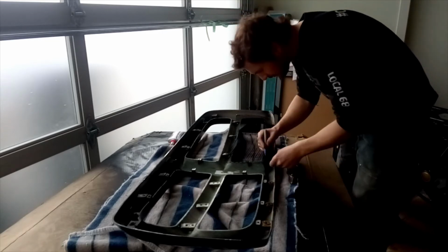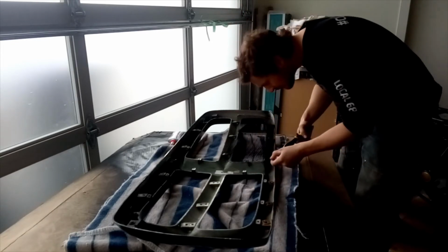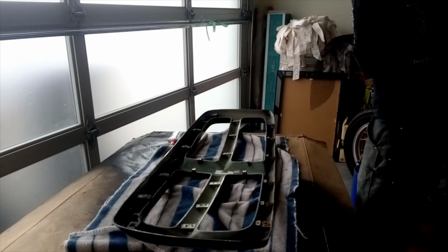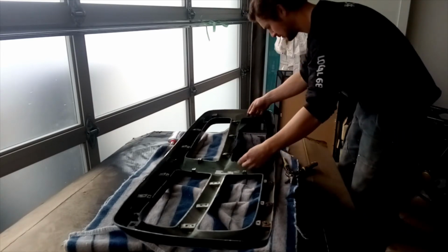The next step is probably the most difficult of the process, and it really takes some patience and accuracy. With the grill face down, it's time to measure out and fine tweak the grill inserts. Because each opening is a little different, I figured the best way to approach this was to overlap, trace, trim,